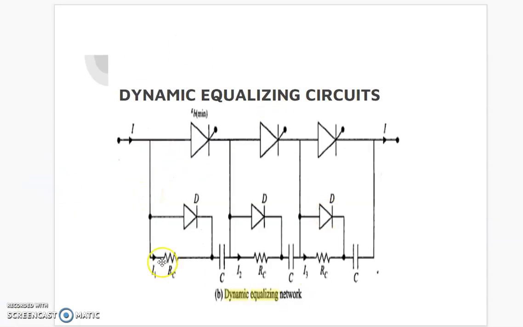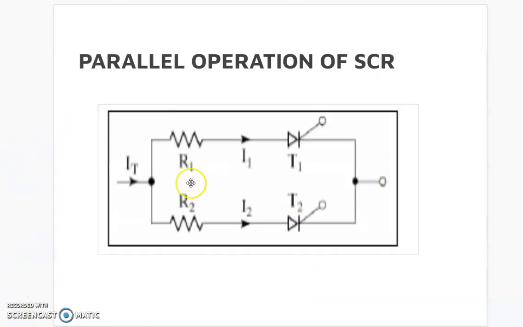Next is the dynamic equalizing circuit. In this circuit, across each SCR there is a diode connected with a resistor and a capacitor, like this circuit. It reduces the reverse recovery rate, and also provides equal voltage drop across the SCRs, so it ensures both. The static equalizing circuit and dynamic equalizing circuit should both be used when SCRs are used in series or in parallel. So this is the diagram of